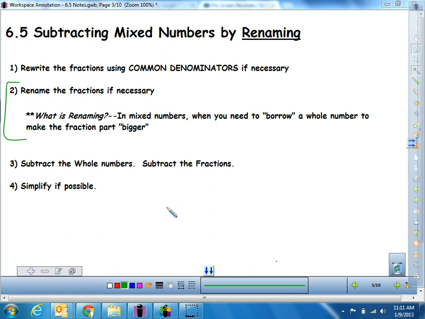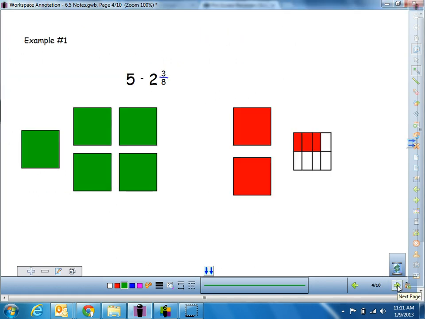So let's go ahead and try this. We have 5 minus 2 3/8. 5 is a bigger number than 2 3/8, so we can go ahead and subtract it. We have 5 whole boxes over on this side. We have 2 whole boxes and then 3 out of 8 here. Well, if we were to subtract the whole numbers, 5 minus 2, we're going to